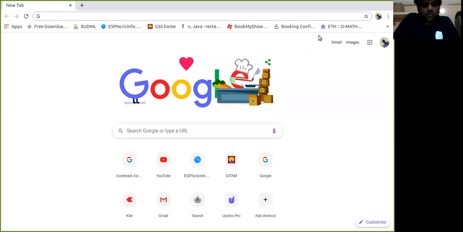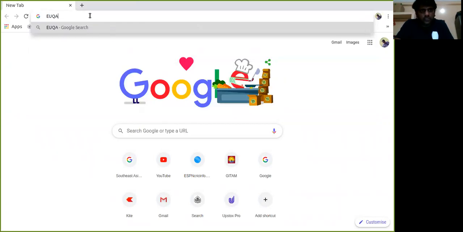Hi, I will show how to add mathematical equations in Google Forms, and also how to draw graphs of some mathematical equations in Google Forms. For this, first we have to open the Google Chrome browser. After opening the browser, we have to add one extension, that is Equatio.